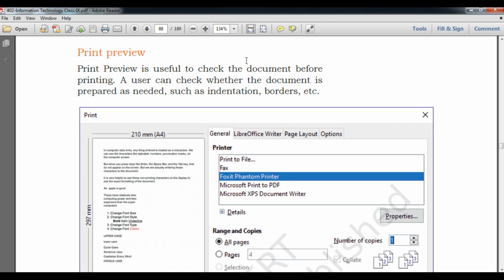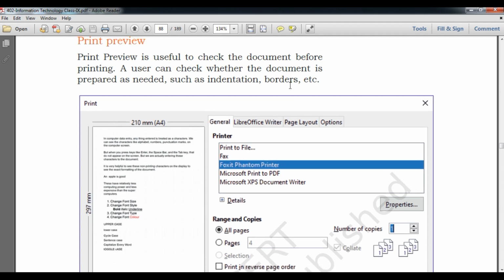A print preview is useful to check the document before printing. A user can check whether the document is prepared as needed, such as indentation, border, etc. So student, actually print preview is helpful for the overall detail of the page before printing. So you can see this diagram, student, the print dialog box.